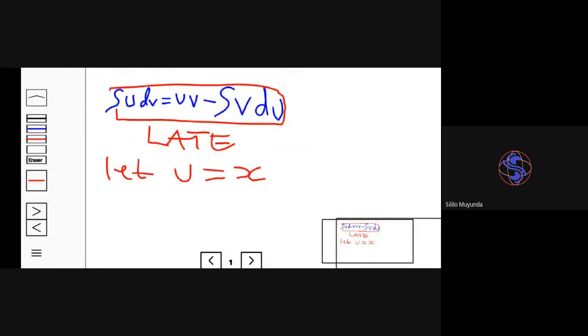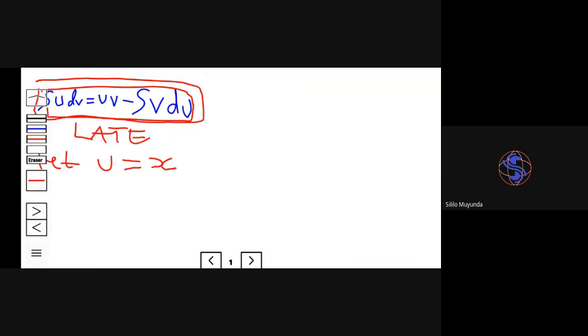Okay, I was saying basically when you want to integrate by parts, you have to use this general term here, whereby you say the integral of u with respect to dv is equal to u multiplied with v minus the integral of v du. Don't mind my integral symbol. It looks as if it's s. It's not s. So when picking,